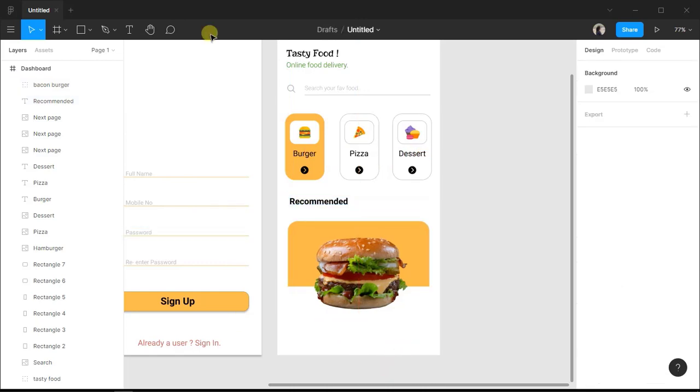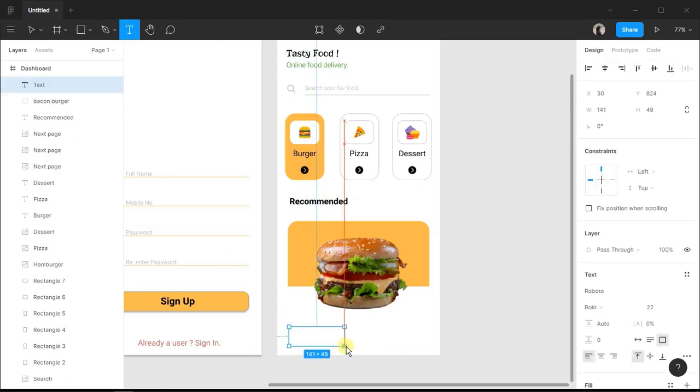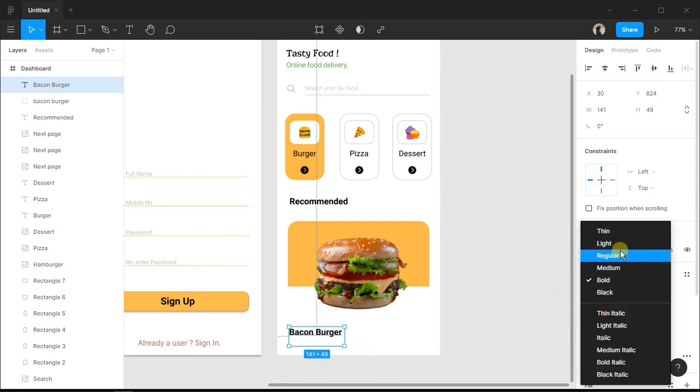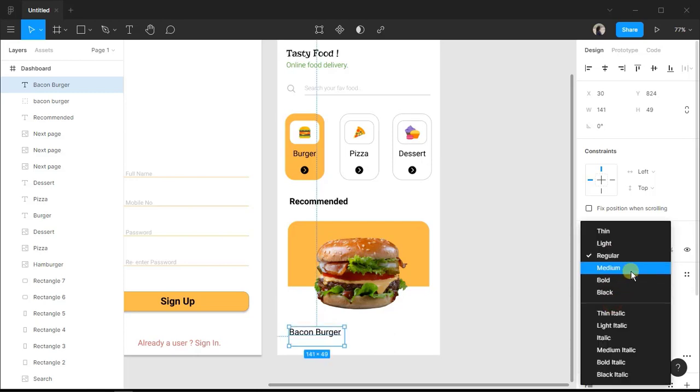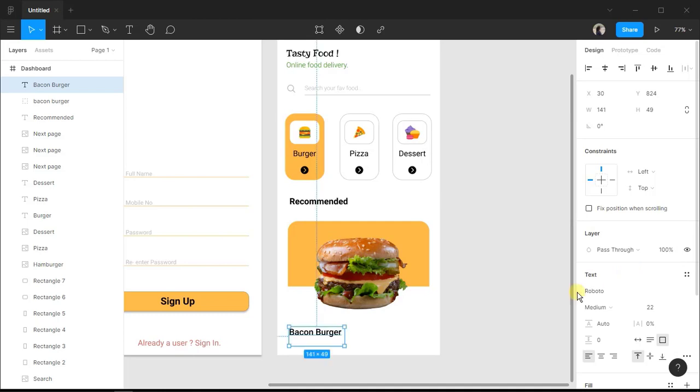Now we will add the name of this burger and price for this burger here. So let's type bacon burger. Let's make this text regular size or maybe medium something. Yeah, now